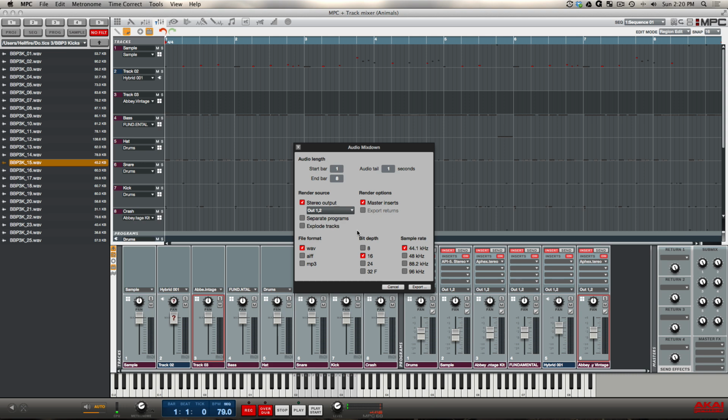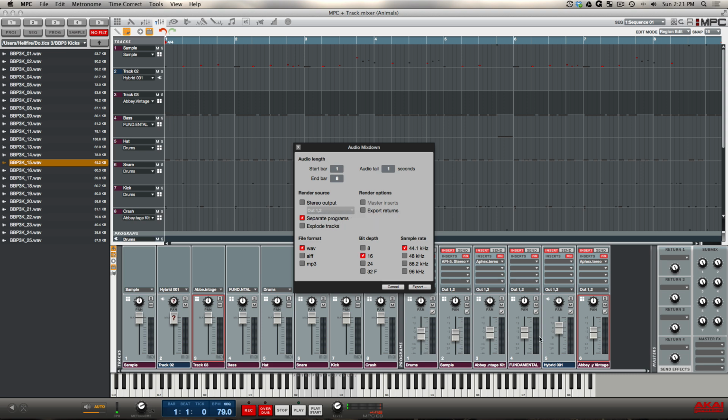So let's say you have a limiter on there and you want to submit the beat without having any limiting applied, you can just uncheck that and it's going to bypass all your master effects. The other thing you can do is export separate programs, which is basically going to